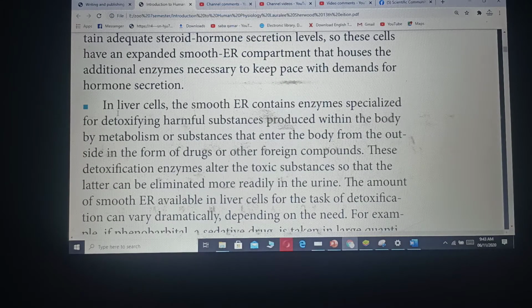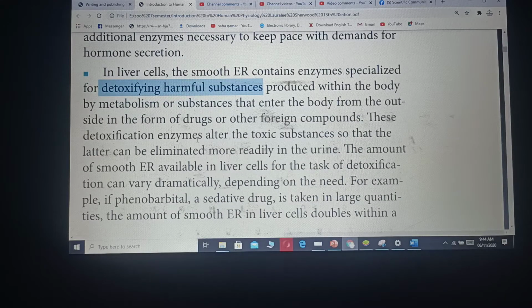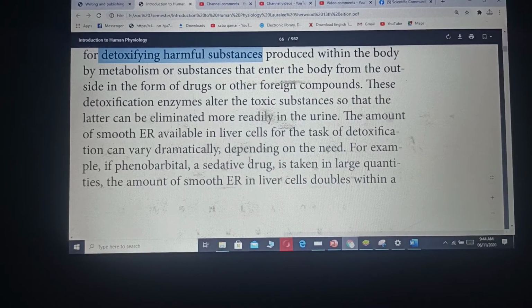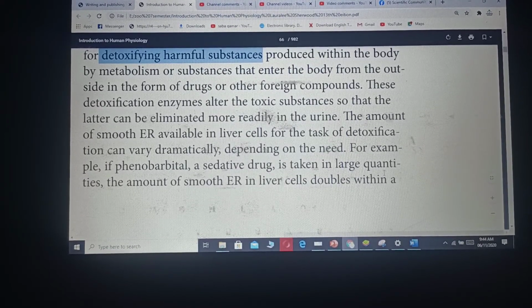So I am moving towards the next function of the smooth endoplasmic reticulum, that is also an important function in the liver cells. The smooth endoplasmic reticulum is specialized for detoxification of different kinds of harmful substances. For example, just take an example of a drug known as phenobarbital, which is a sedative drug. If it is taken in large quantities, the amount of smooth endoplasmic reticulum in liver cells doubles